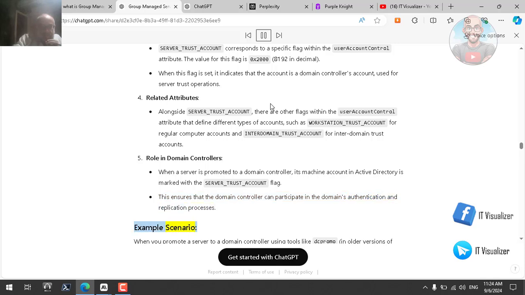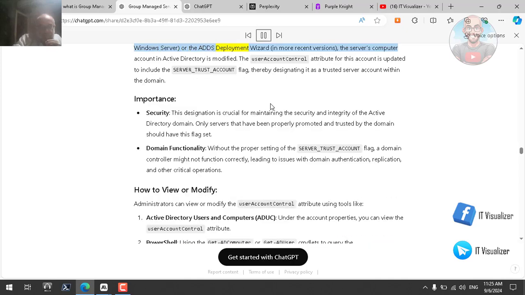Example scenario. When you promote a server to a domain controller using tools like Dcpromo, in older versions of Windows Server, or the ADDS Deployment Wizard, in more recent versions, the server's computer account in Active Directory is modified. The user account control attribute for this account is updated to include the server_